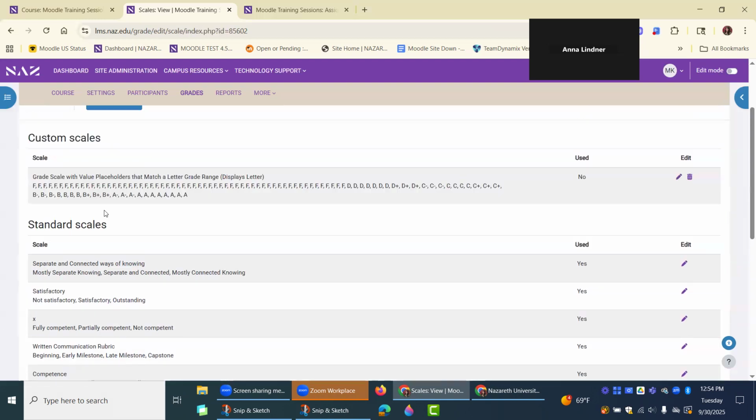So we created this grade scale with value placeholders. So at any point along this, they're just looking to either give an F, a D plus, a C minus. This is the way we addressed it, and there's a couple of universities that do it this way: they create a scale where any F is going